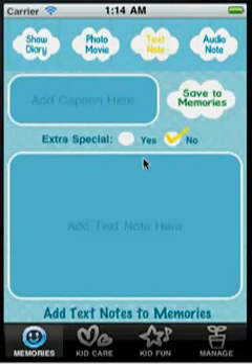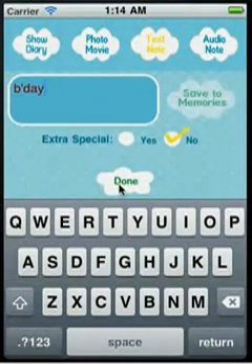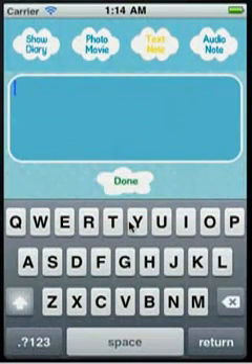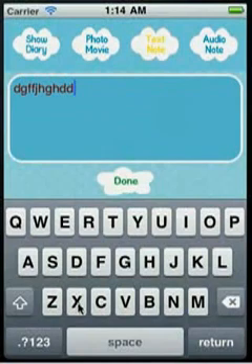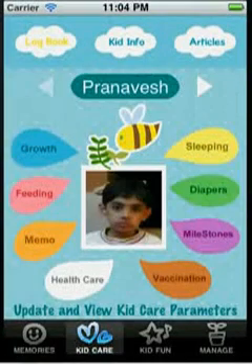For example, like this, we can add the caption, and say done, and so if you want to say that this is a special photo and we need a special mention of this in the diary, we can say extra special and then say save to the memory.